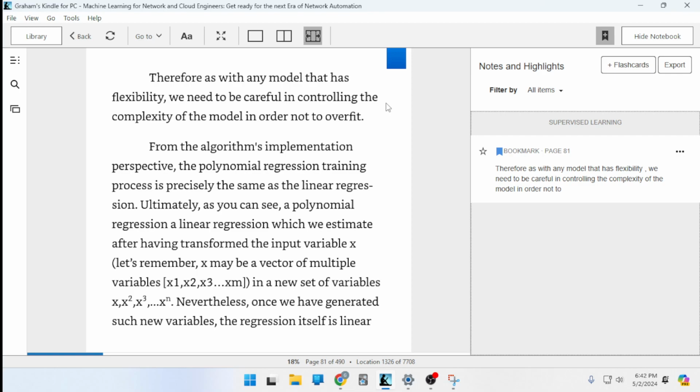From the algorithm's implementation perspective, the polynomial regression training process is precisely the same as the linear regression. Ultimately, as you can see, a linear regression, which we estimate after having transformed the input variable x. Let's remember, x may be a vector of multiple variables, all the way up through, I think this is a